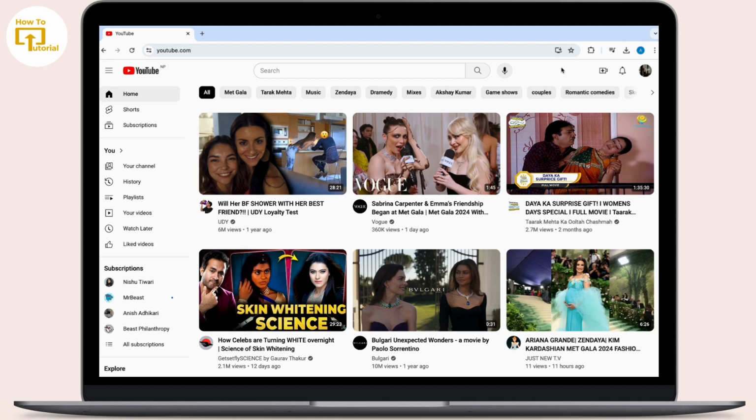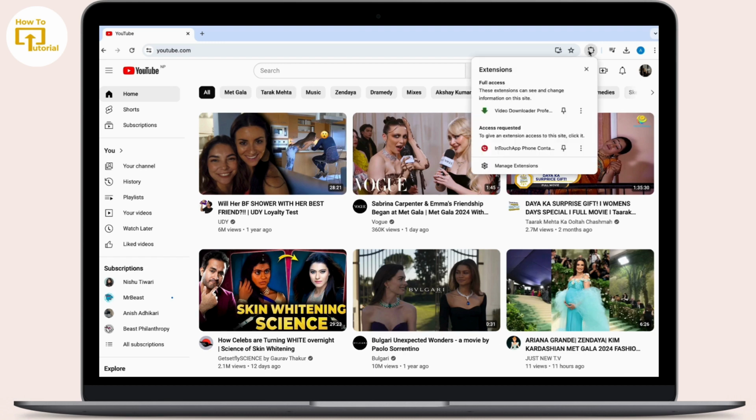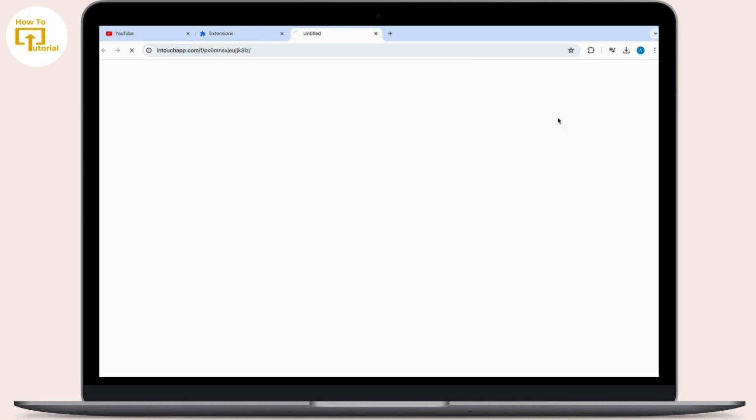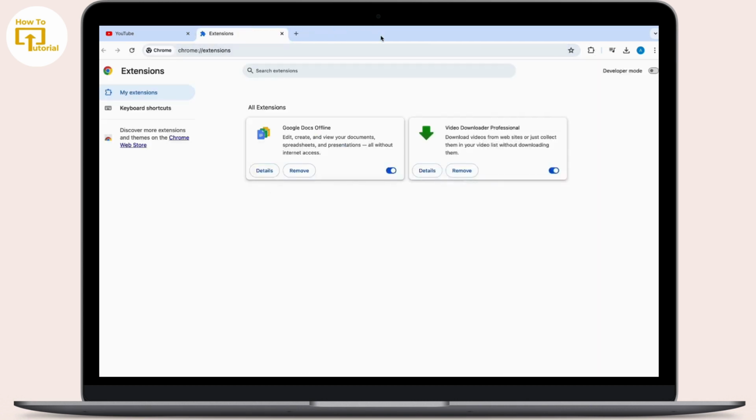So another way is to remove your Google extensions. All you have to do is tap on the extension icon available right next to the search address bar of Google. You can see there is an extension icon available. Tap on it and simply go to Manage Extensions. And there, if you see any ad blocker, then simply remove it, or remove all unnecessary extensions downloaded or listed